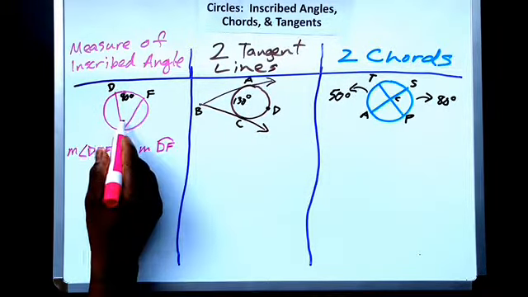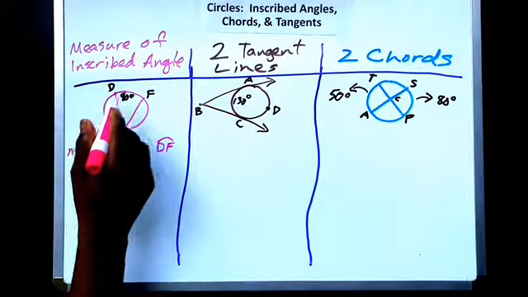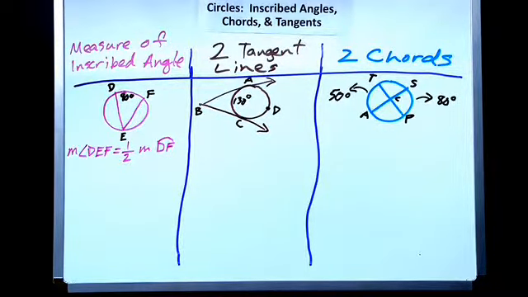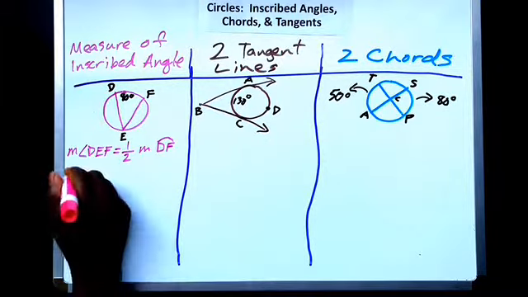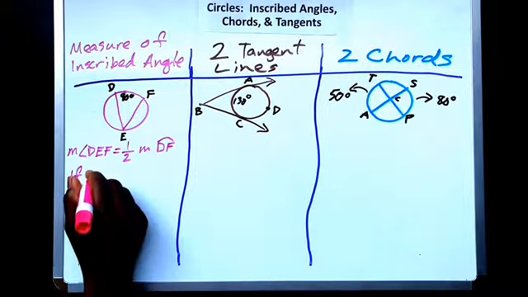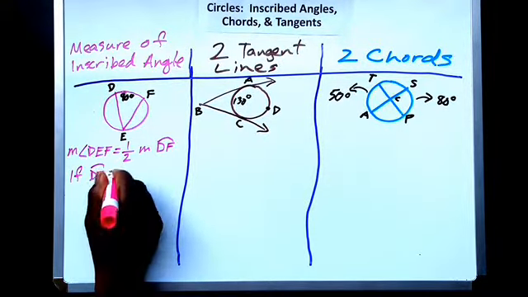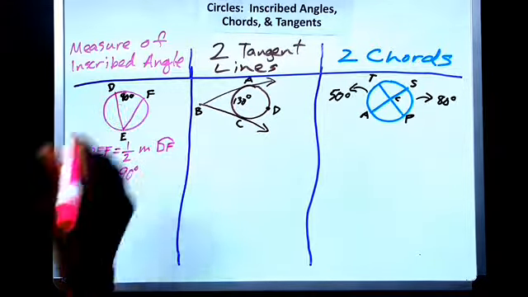This angle is equal to half of that arc, and that arc DF right there is equal to 90 degrees. So if arc DF equals 90 degrees, and that's what's given,